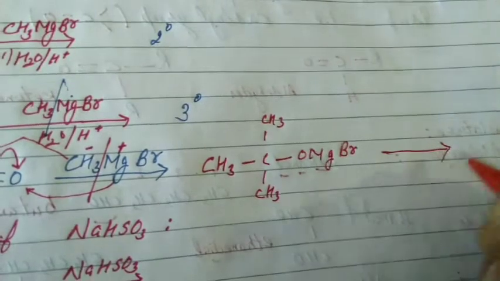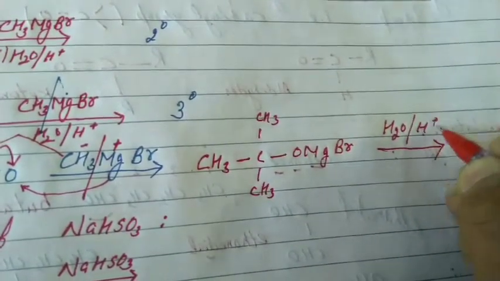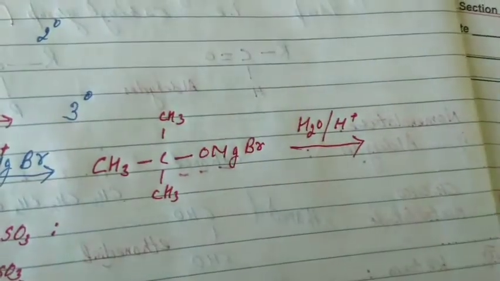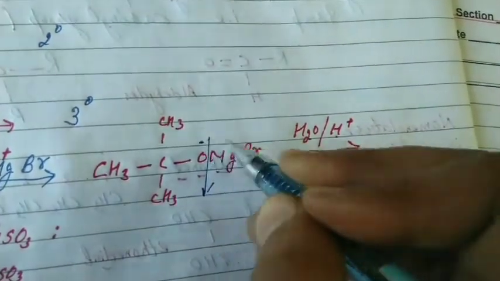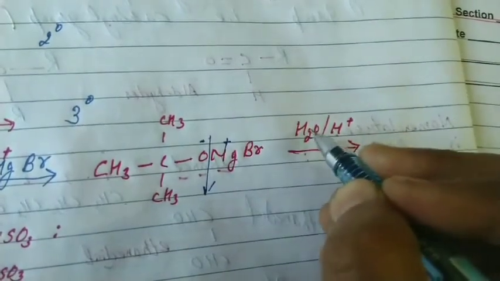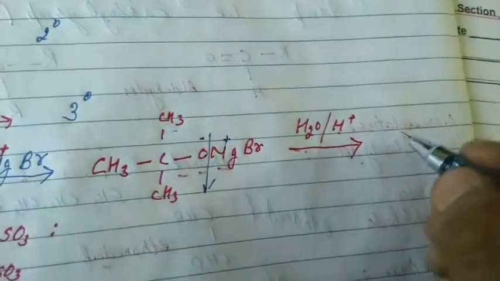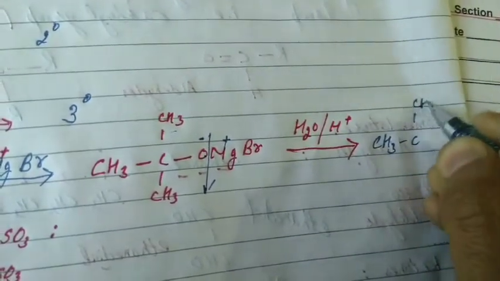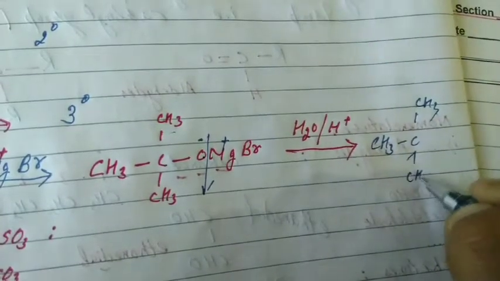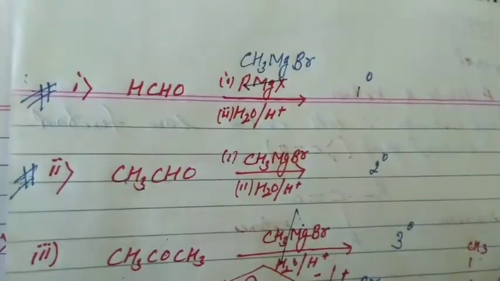When we treat a carbonyl compound with Grignard reagent, then water in dilute acid, that is hydrolysis. Friends, which bond breaks in the second step? Oxygen-metal. When the oxygen-metal bond breaks, negative charge and positive. Water contains H and OH. H will attack on this. That is alcohol. The alpha carbon is tertiary, so we call it 3-degree alcohol. CH3, OH. Tertiary alcohol is formed. In the same way, complete these two, students.